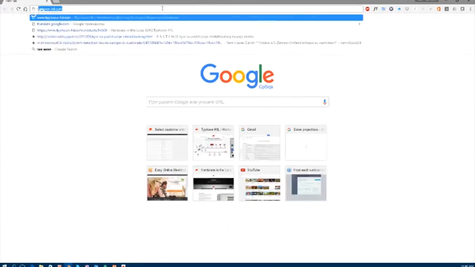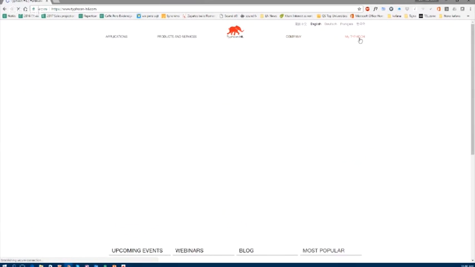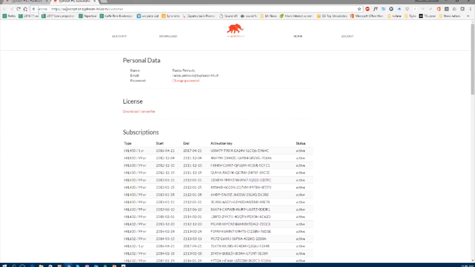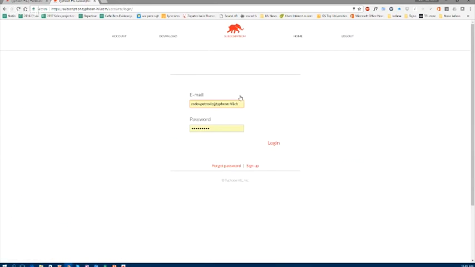So if we again go to our website, there is a part on the right called My Typhoon. Then there is a place where it says login. So when you go to login, you are immediately transferred to the subscription page. I will log out so you can see how this works. So you're going to find yourself on a window like this.